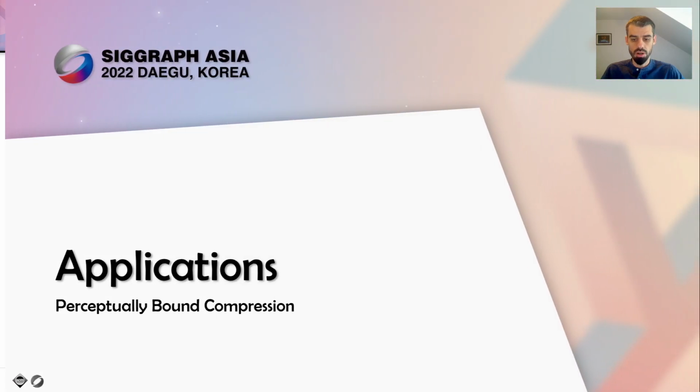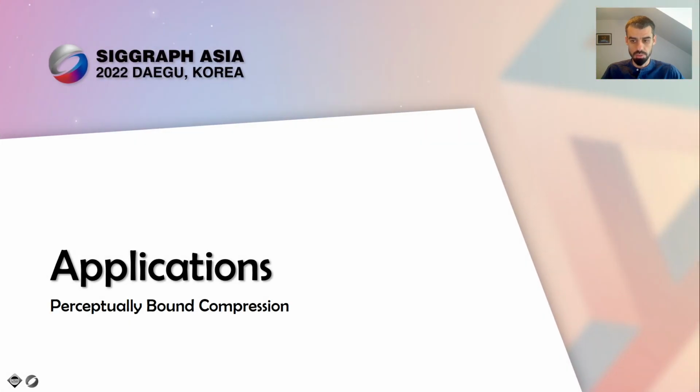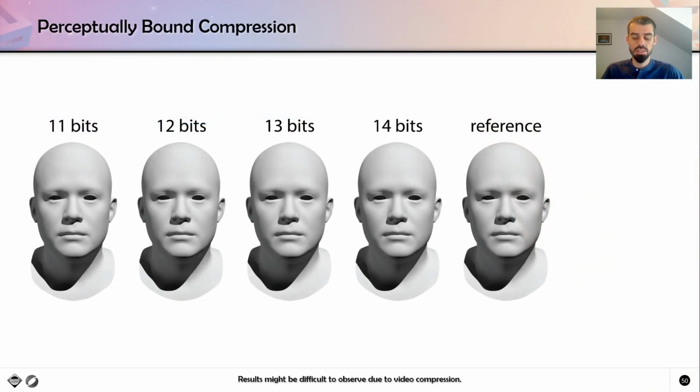To verify whether our perceptual scaling works as expected, we tested the retargeted version of metric FMPD in the perceptually bound compression application. First, we generated a sequence of compressed meshes using the Draco library. While compressing the meshes, we were modifying the number of bits required to quantize the coordinates of the mesh vertices. Next, we ran the retargeted FMPD on these meshes, comparing them to the reference mesh to find their quality values